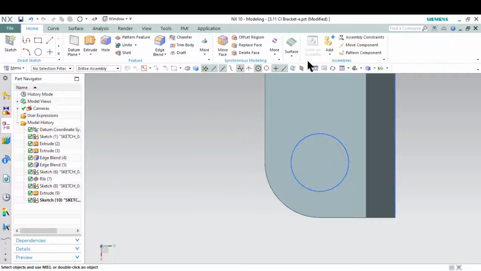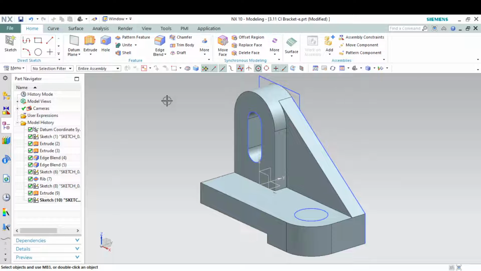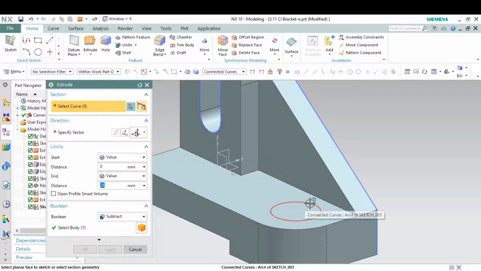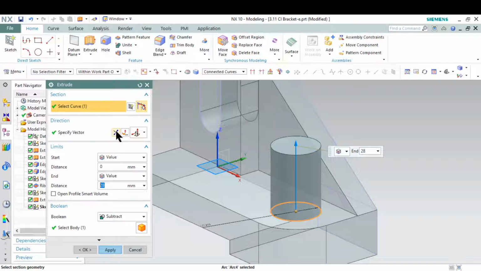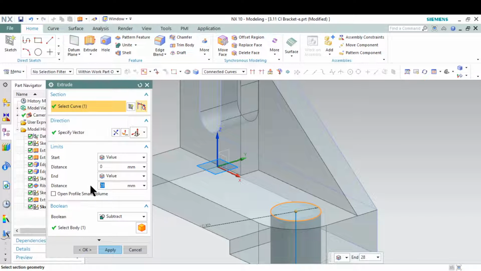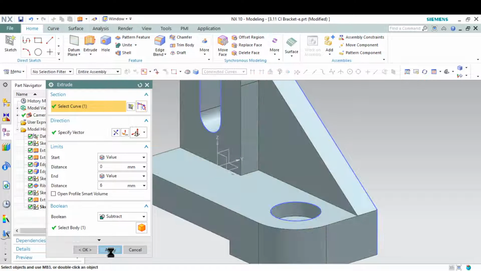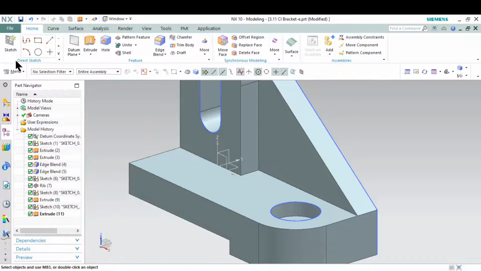Then finish sketch, going to this trimetric view, and then choose this extrude, select this line, reverse direction, and then give the dimension of the tip. Okay, like this, and then apply, then cancel,